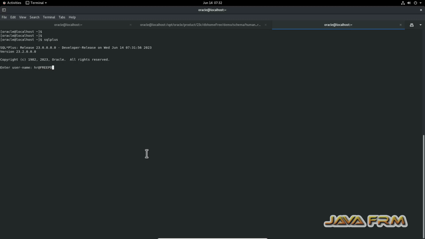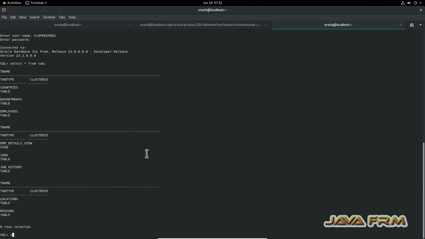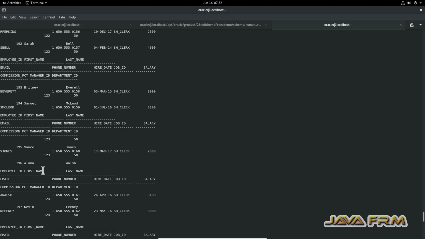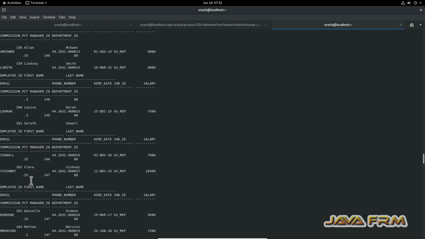Let me try to log in directly, HR at free pdb1. Yes, I am able to log in directly, and I can also browse the database objects. Select star from employees. I am also able to execute queries,